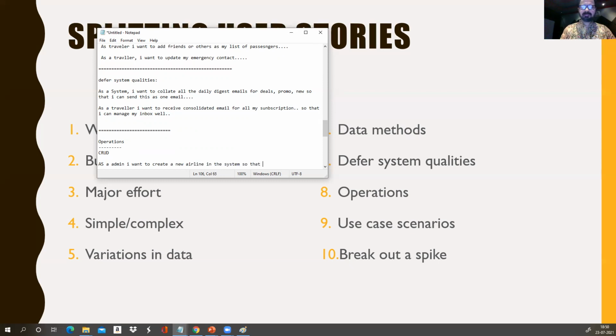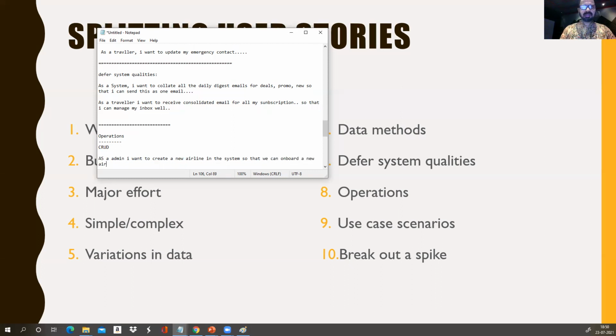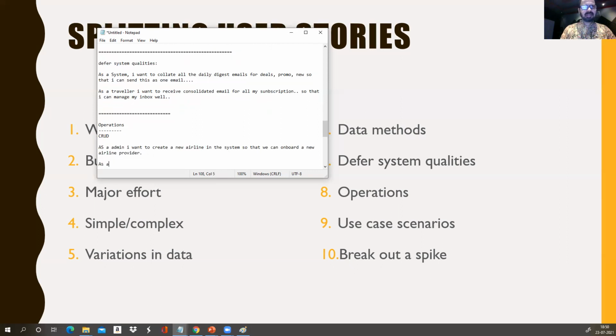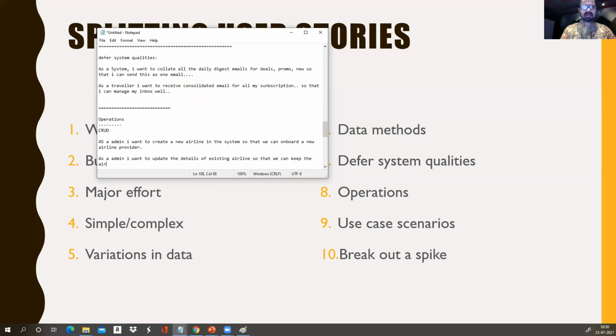so that we can onboard a new airline provider. As an admin, I want to update the details of an existing airline, so that we can keep the airline information up to date.